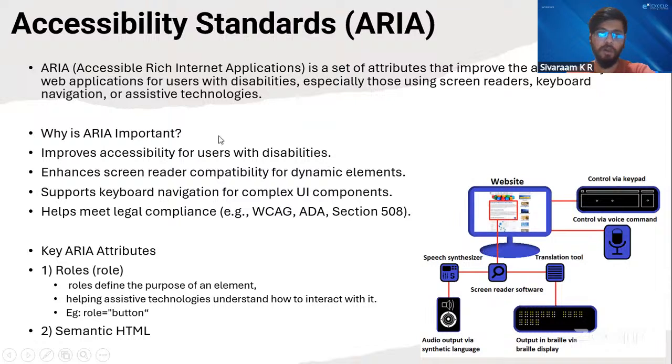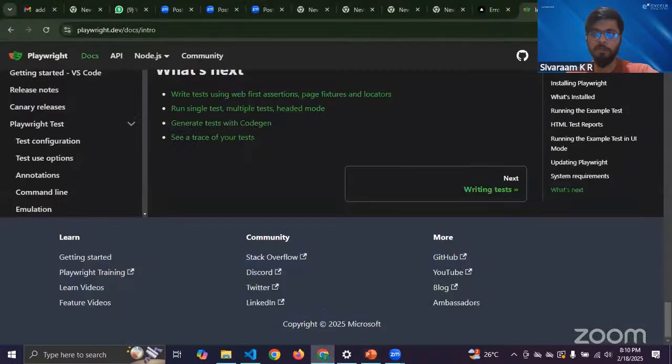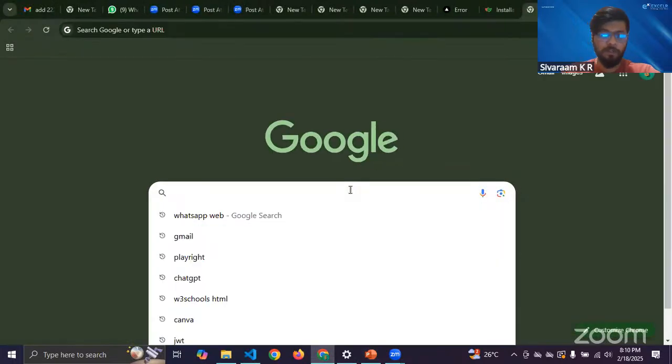So understood, right? The main key thing is that whenever you're building a website, you need to keep in mind that even persons with disabilities should be able to access it. That can be achieved through different processes. This topic is too vast, but one of the most common ones is roles and semantic tags. So what are semantic tags? Instead of using simple div or plain HTML,